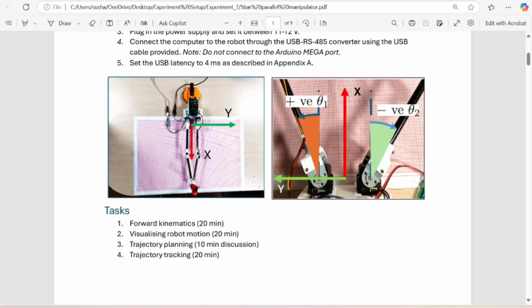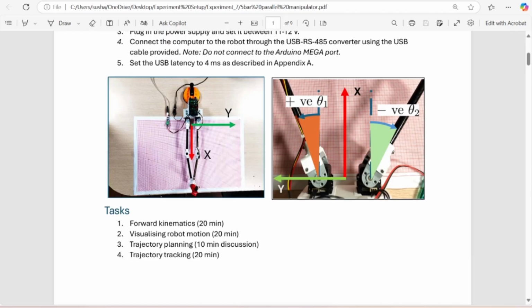Now, if you look at the base as shown in the figure on the right, you can see the way the angles are defined, the position of the x-axis and the y-axis, and the 0 marked just in between the two revolute joints. And on the left hand side you can see the positives. What it means is that the anti-clockwise direction is taken as positive and the clockwise direction is taken as negative. So theta 1 is shown as positive here, and theta 2 is shown as negative in this case.